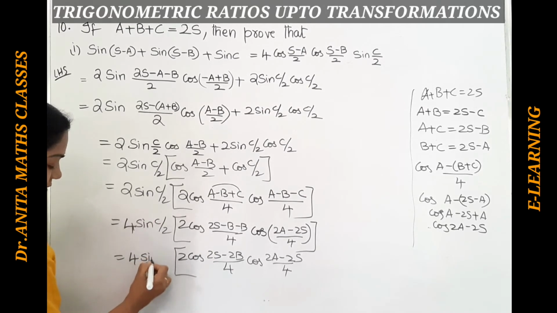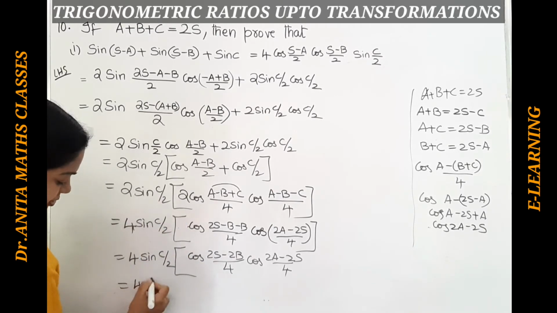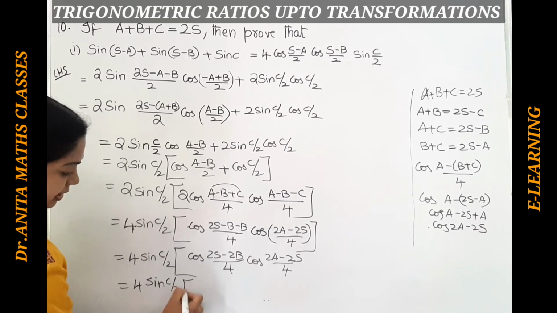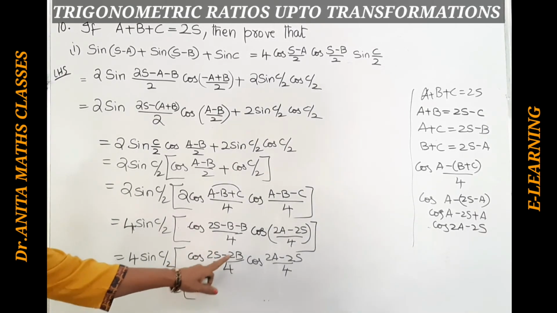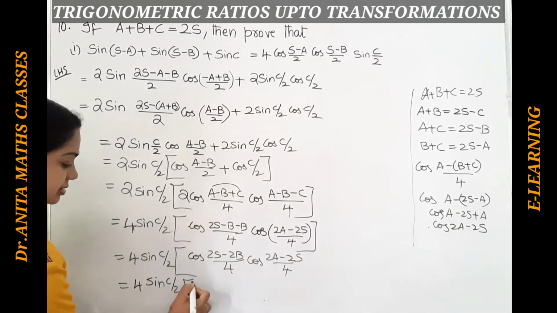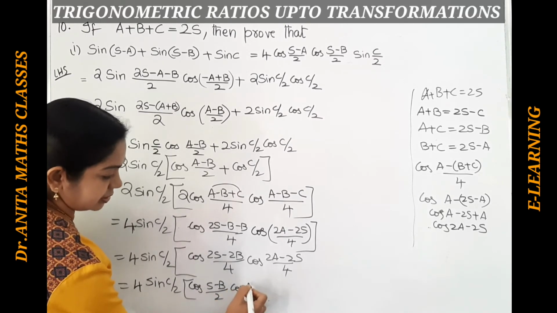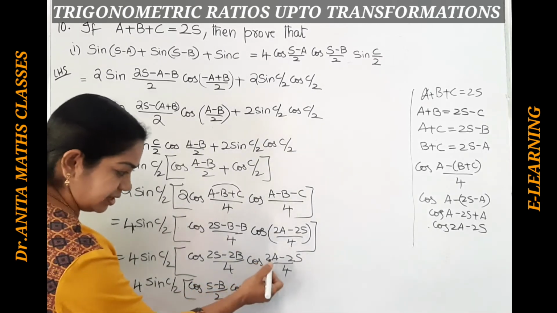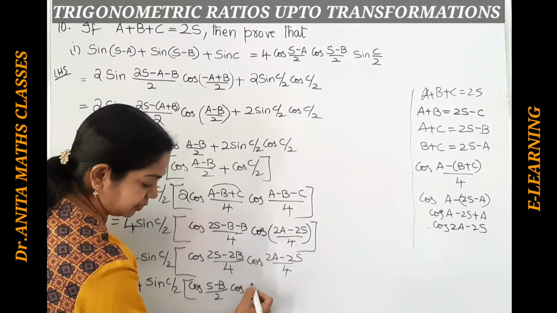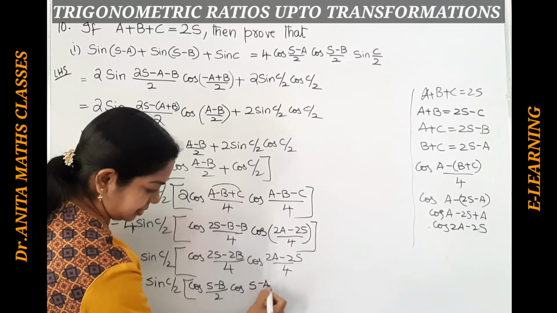So minus 4 sin c by 2. So there is no 2 here. I have taken 2 outside here. So this is 4 sin c by 2. And so this is, if you cancel off 2, if you take 2 out, it becomes just cos of s minus b by 2 and cos of a minus s. Minus you can take because cos of minus theta is cos theta. You can take minus also and 2 also you can take. So 2 gets cancelled and minus goes off. So this becomes s minus a by 2.